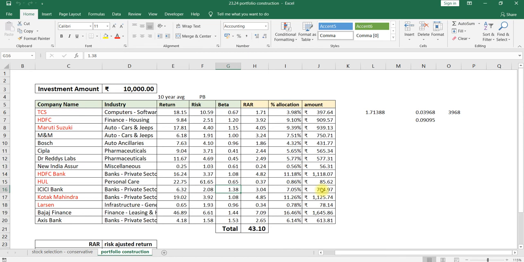In the previous video, we constructed one portfolio, a 15 stock portfolio, and we know how much amount needs to be invested in each stock. Out of that 1 lakh rupees, for example, I will make it 1 lakh rupees, I already know how much I need to invest in each stock. Now we will construct the same portfolio for our reference in Moneycontrol.